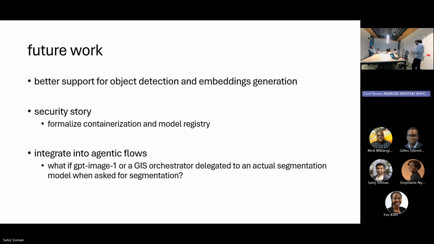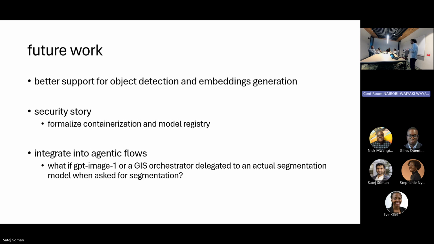And then the one that I'm more excited about is integrating the backend, like an Anaximander server, into agentic workflows. If you can imagine one of these chatbot for maps interfaces, it might be relying on a generic vision language model like GPT Image 1 to do tasks like segmentation.